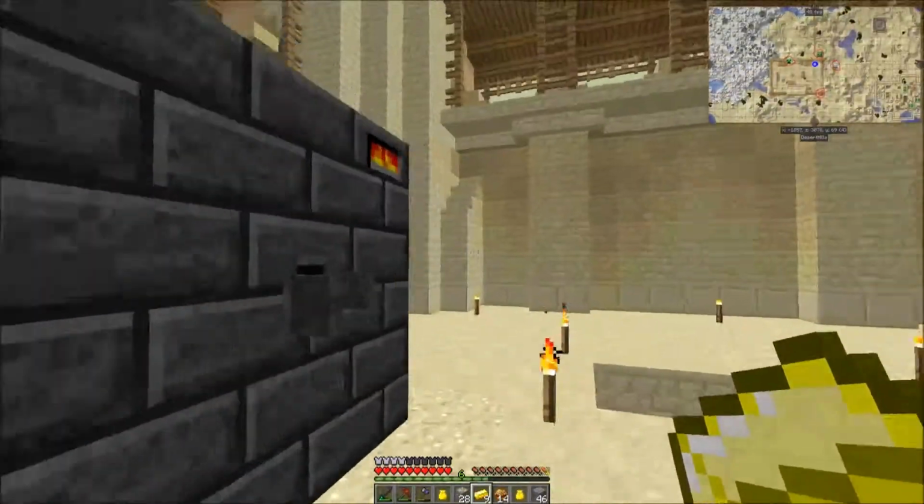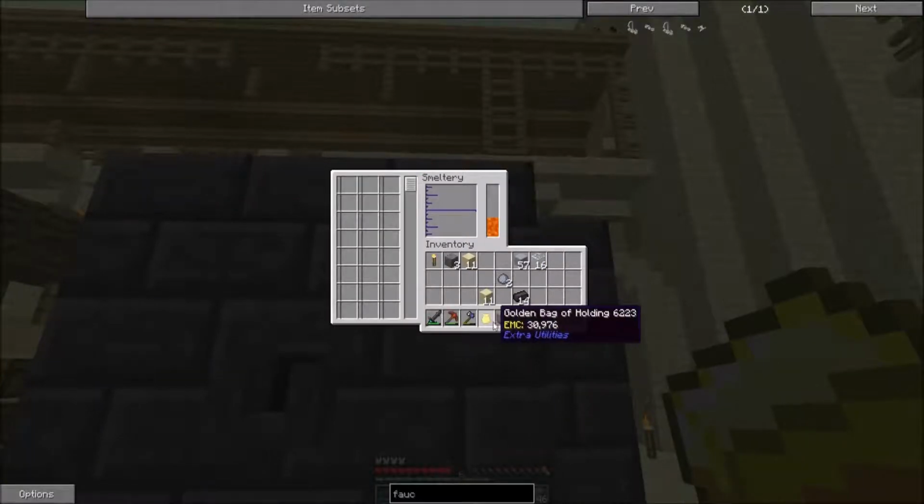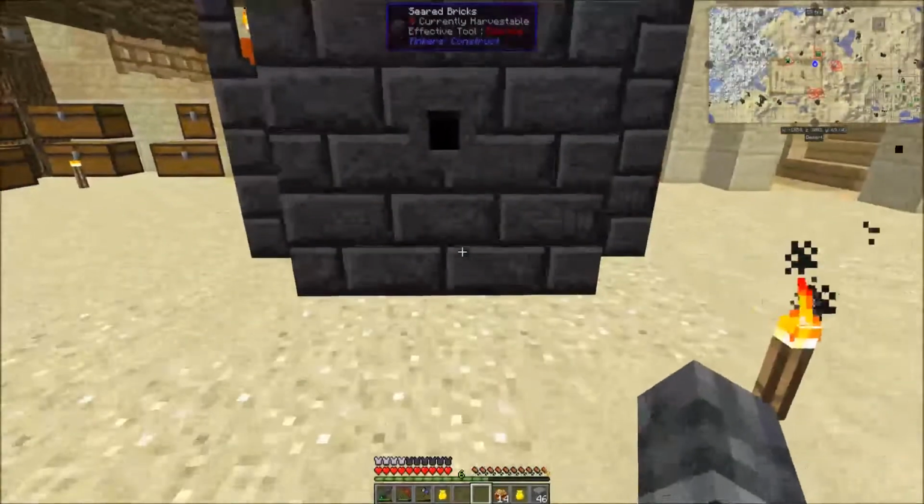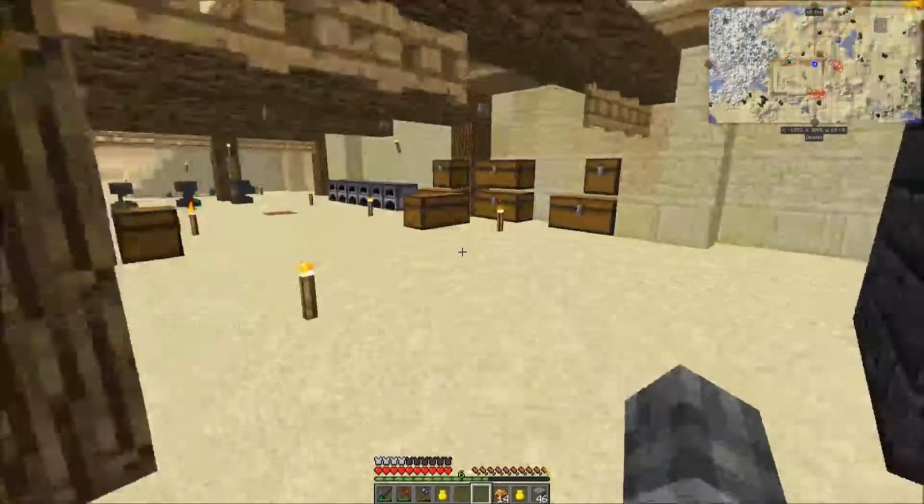So we're going to start out with the simple thing. We're going to take and put 2 gold in here. Actually, wait, scratch that. We're going to put 1 of these in here. Because in theory, this is what you're going to start with, right? You're going to start out with a gold ore, not some ingots. You're going to want